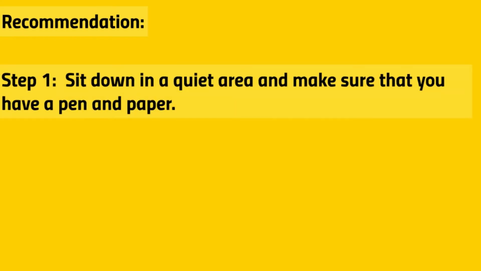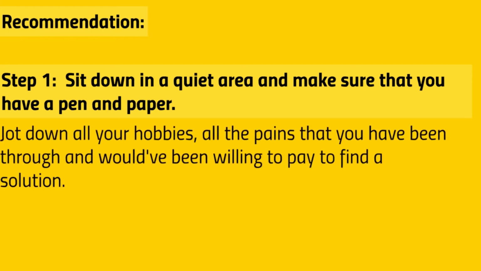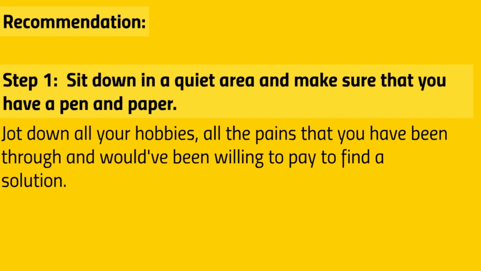So here's my recommendation to you, and I want you to take this exercise and just go ahead. Step one, just pull out a pen and paper, pause the video if you want to, and just sit down and just begin to jot down all of your hobbies, things that you've invested money into, things that you've been passionate about. Maybe it's something that your family's passionate about. Think about all the pains that you've been through or your loved ones have been through, and jot those down as well. Because let's be honest, if it's a pain, you've probably done enough research about it to know the advantages and disadvantages of certain solutions and all of that.